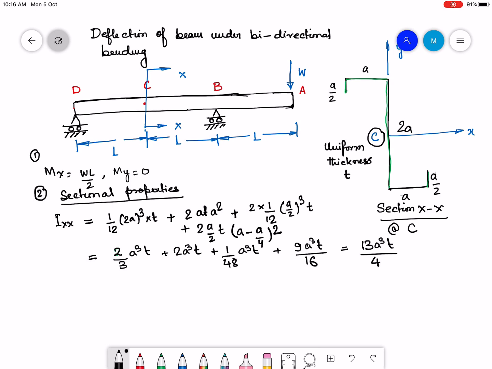Right, so my ixx is done. So let me now find out iyy. So iyy of the middle portion about its own axis is going to be 0. This we are not going to consider because it will involve a t cube part. So that part need not be considered. So therefore, if I write iyy, it is going to be only the top and bottom portion, which is